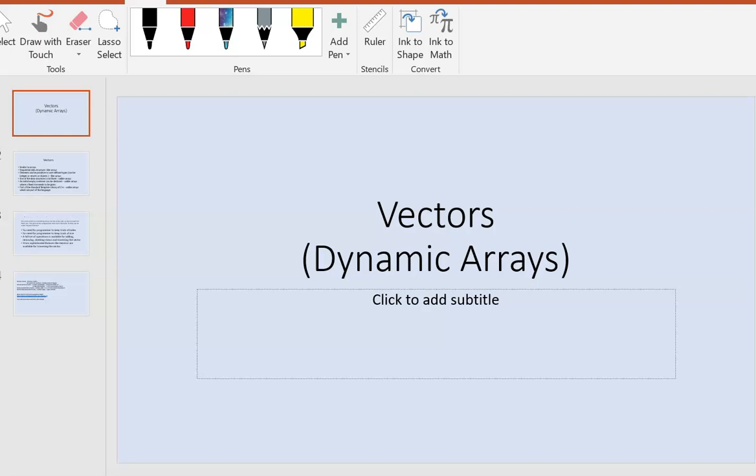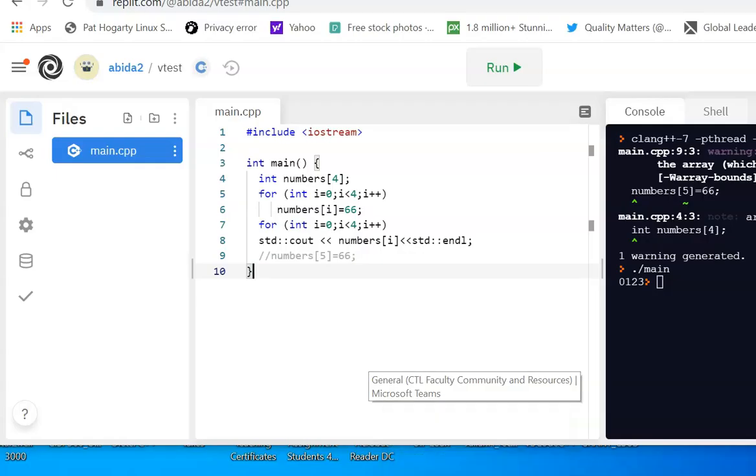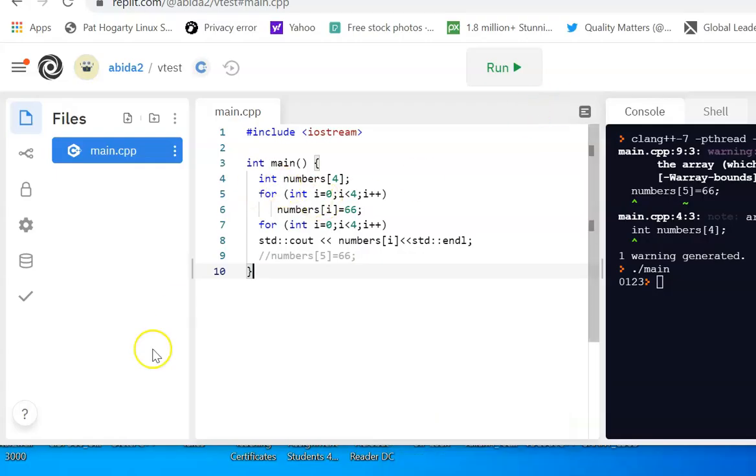Assignment 1 deals with vectors, and vectors are dynamic arrays. So why do we need vectors when we already have arrays? Well, if you look at this simple program here in which I have declared